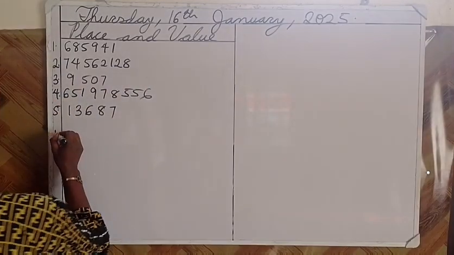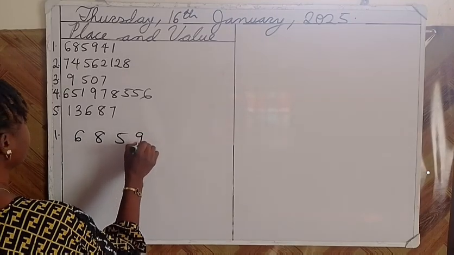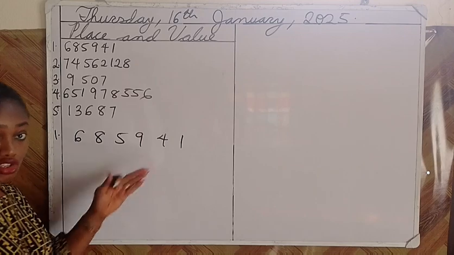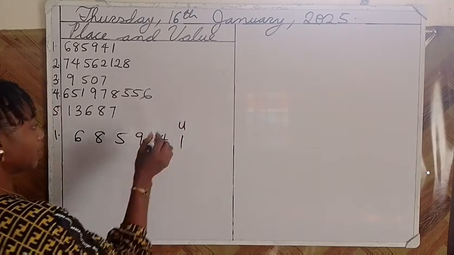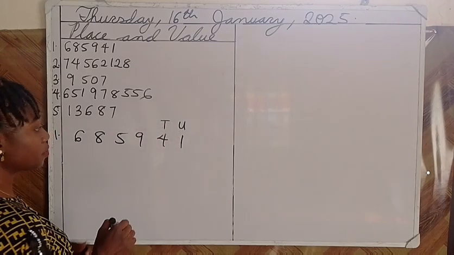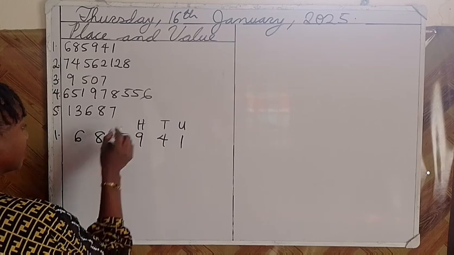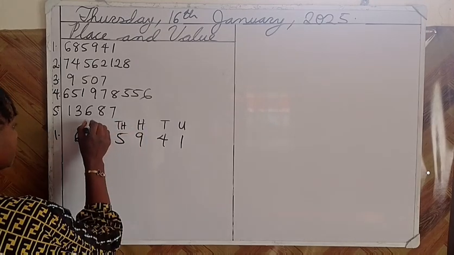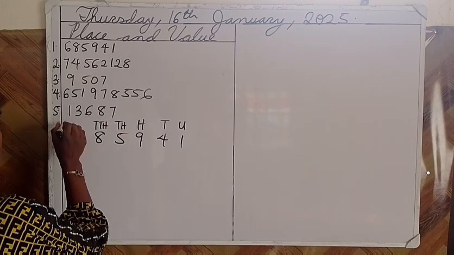Question 1 says 6, 8, 5, 9, 4, and 1. So we want to find the place of each of these numbers. The place of 1 here is units. The place of 4 is tens. The place of 9 is 100. The place of 5 is 1,000. The place of 8 is 10,000. And the place of 6 is